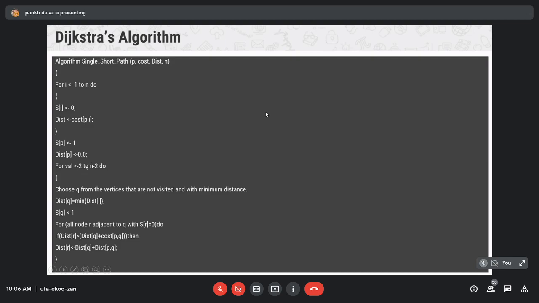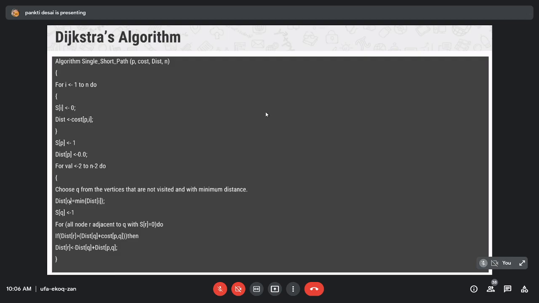The innermost for loop is for updating the distance. At most, how many times will it iterate? n times.